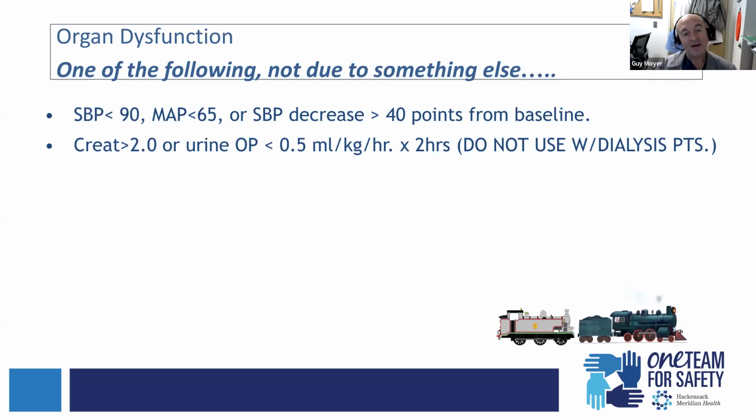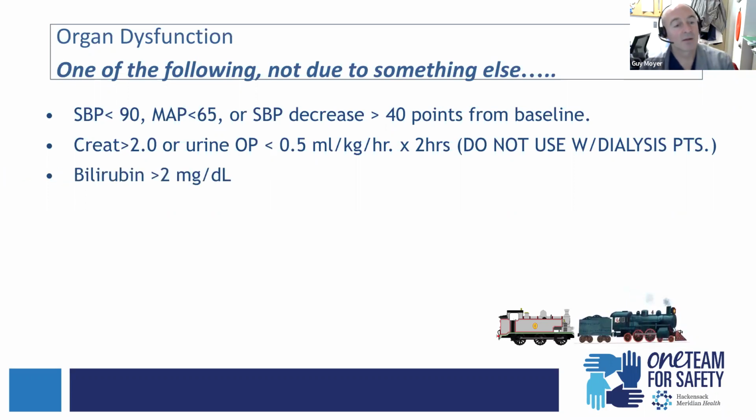that's less than 0.5 mLs per kilogram per hour for 2 hours, so say the patient has a Foley catheter and they void in the collection bag and you see that it's a very small amount, that should be a heads up for you. These two criteria, though, can't be utilized in patients that are on dialysis because we know that the patient might have an abnormal creatinine and they may not have any urinary output on their own at